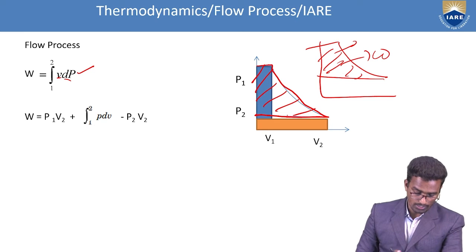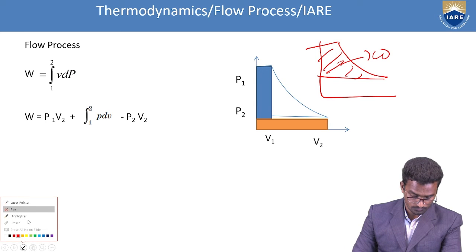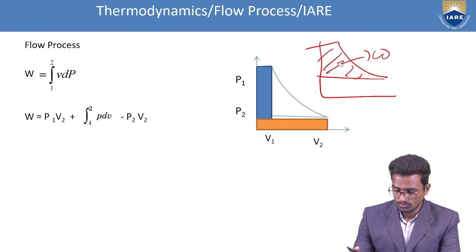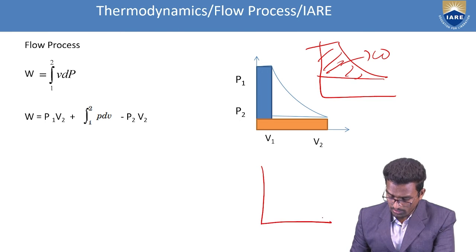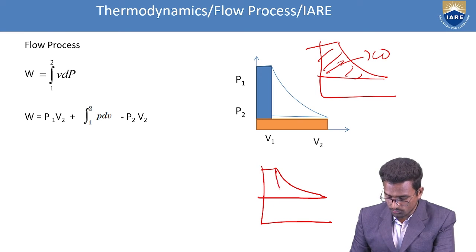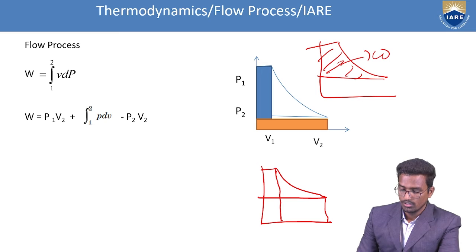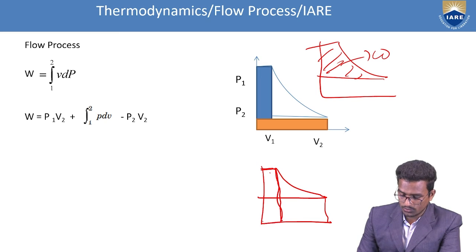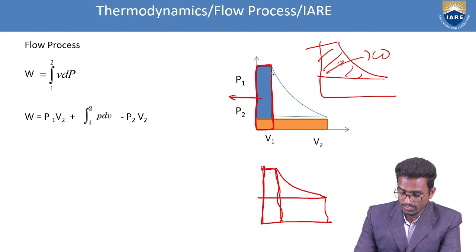But how do you find this? Finding this one is somewhat difficult. Then how to find it? In this curve, you want only this portion. So to find this one, I divide it in different ways. I divide it into one rectangle of this one, nothing but one rectangle, and this rectangle is this one.